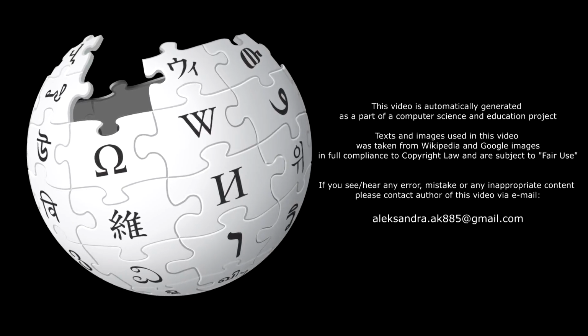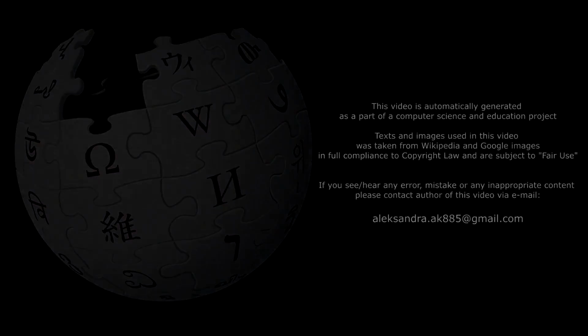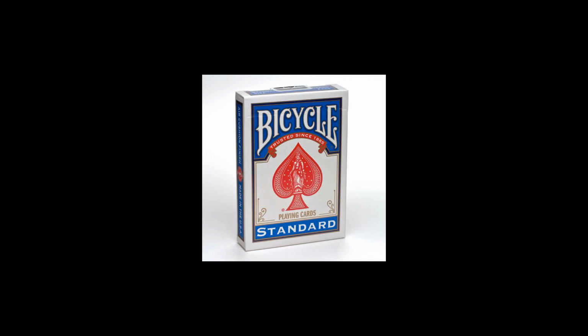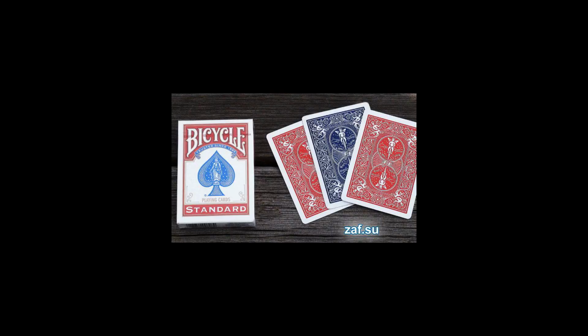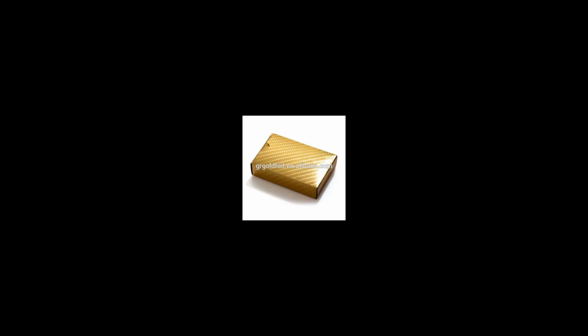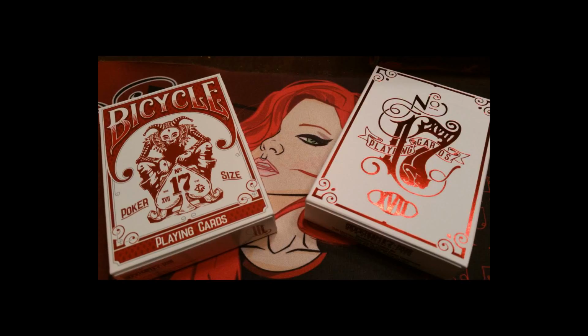Bicycle playing cards is a brand of playing cards. Since 1885, the Bicycle brand has been manufactured by the United States Printing Company, which, in 1894, became the United States Playing Card Company, USPCC, of Cincinnati. Bicycle is a trademark of the company. Bicycle playing cards are comparable to USPCC's other brands like Tally-Ho playing cards, though different cardstock is used to